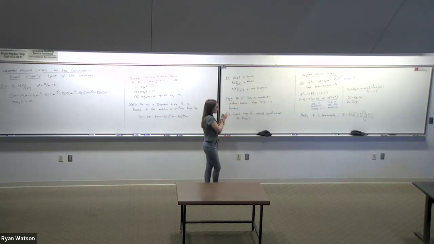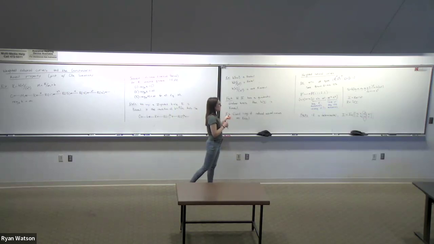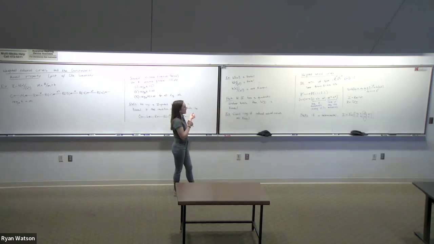I'll say a little bit about the proof. So in the standard graded setting, one way that you can prove that I is generated by the minors of the matrix that I wrote down is that you can easily get one inclusion. And then you can do a Hilbert series comparison, or even just a Hilbert function comparison. So you can compute the Hilbert function of the quotient by your determinantal ideal and the quotient by the kernel,